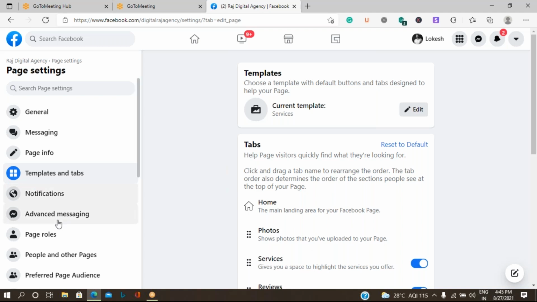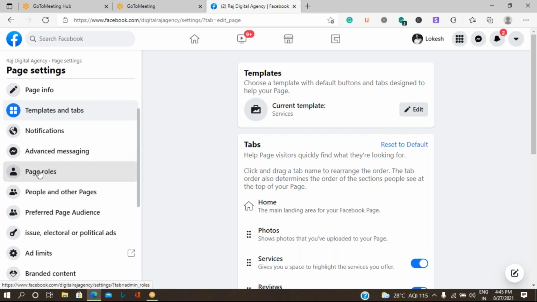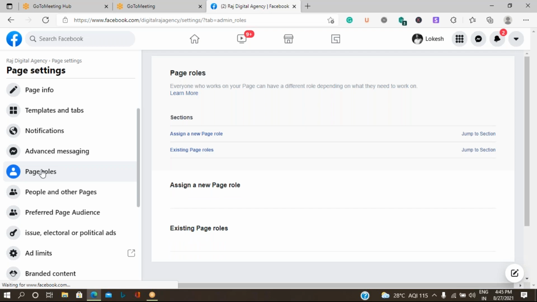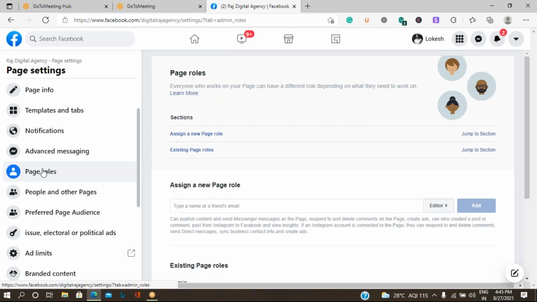Then next, we have seen what the page roles are. That means you are giving some access, giving a user access facility to your member. So you can select the role, what kind of role you want to give to that person.